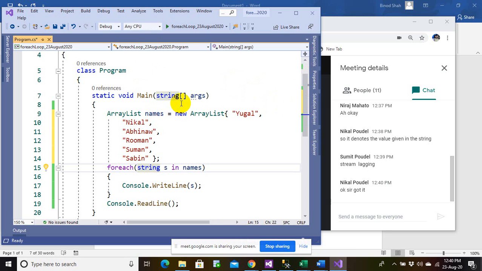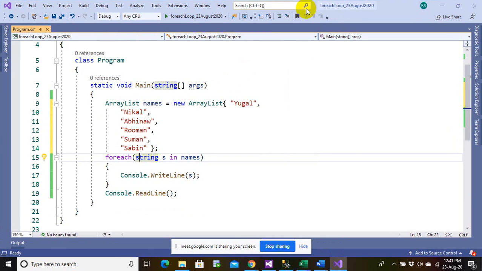So now I'll have a very small session on the list today, and then once we finish the list we'll end today's session. For now we won't make it long, and maybe tomorrow I'll plan for one small project so that you have a very good understanding about the list and the arrays and the array list. So now let us get started with the list, everyone. It's very easy. Once you understand array, once you understand the array list, it's very simple and straightforward.